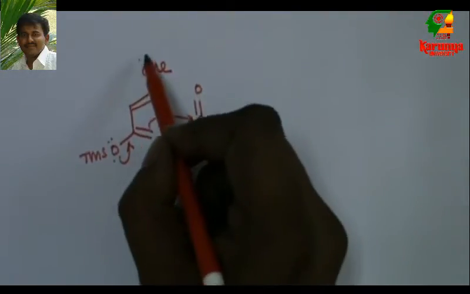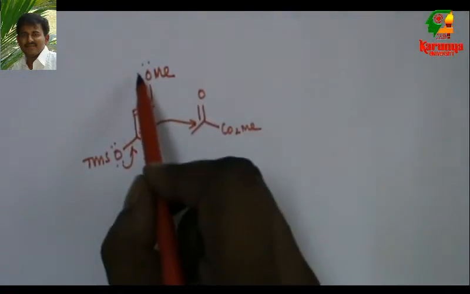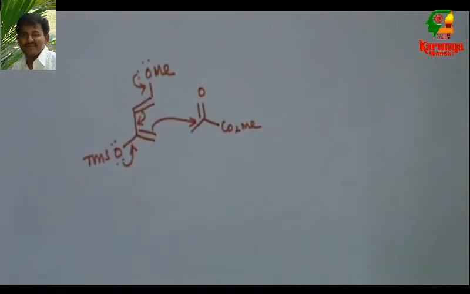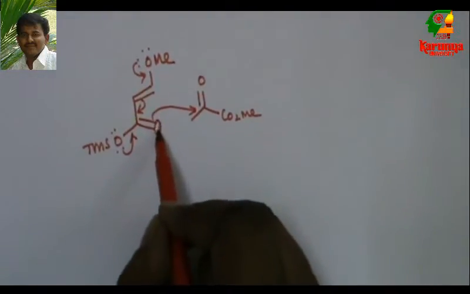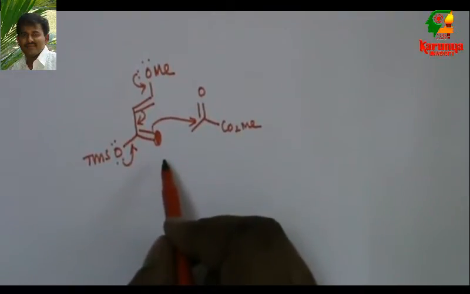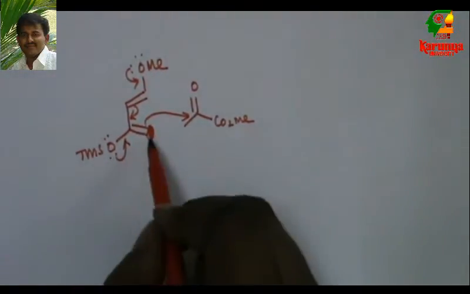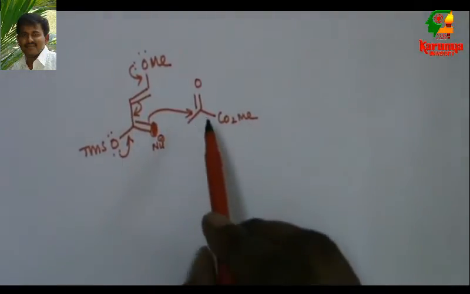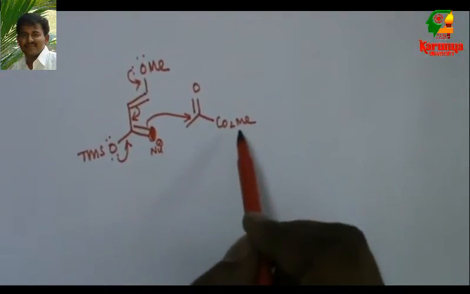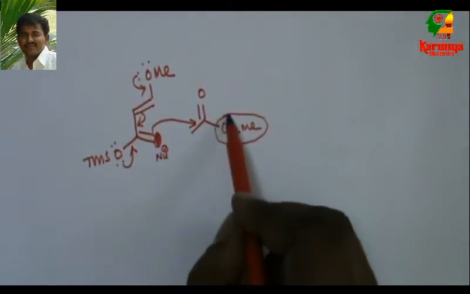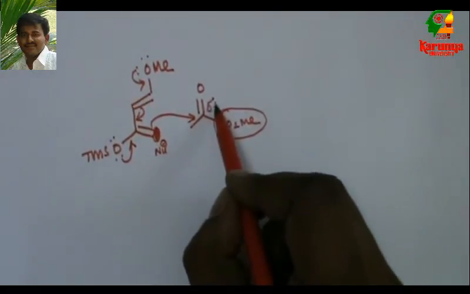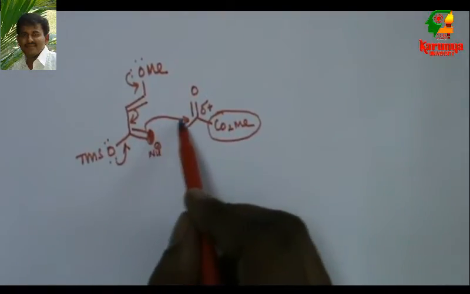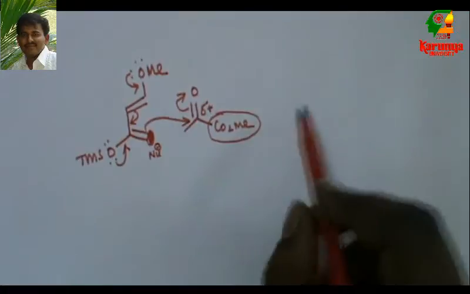Also, I can go for this lone pair of electrons. This also may come inside. Then it can attack, because this carbon is highly rich in electrons. So this acts as nucleophile. Here, since it is an alpha keto ester, because of this electron-withdrawing group, this gets more delta plus. So this nucleophilic position attacks here to give